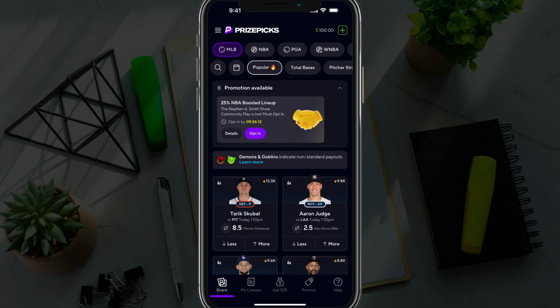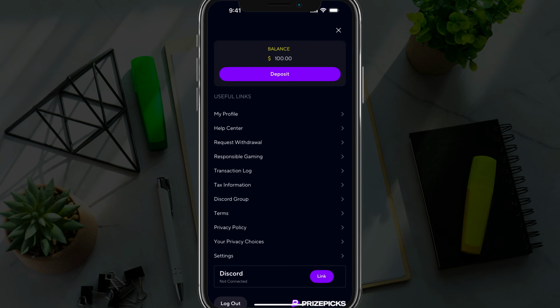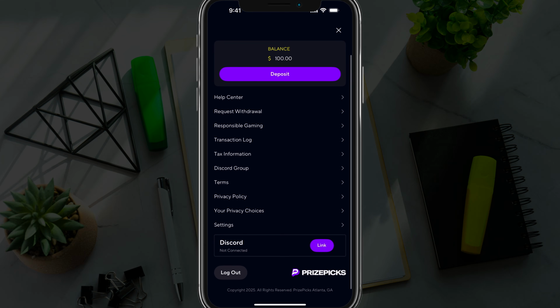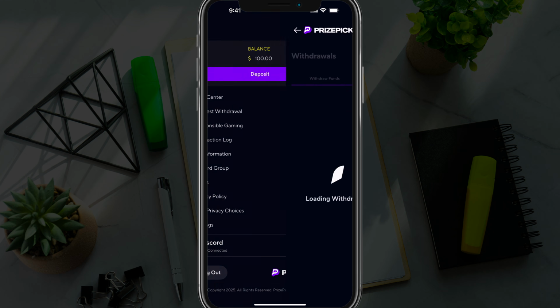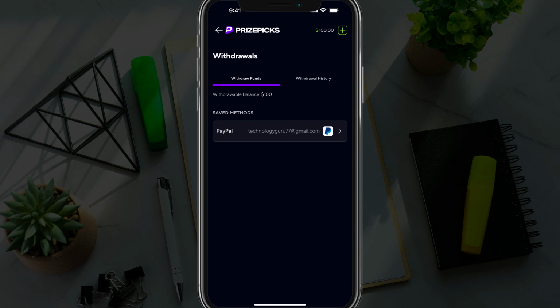of $10 or more. So go ahead and tap the little lines in the upper left-hand corner next to the PrizePicks logo. You'll see all of the settings here. We want to scroll down to where you see Request Withdrawal. It'll be about midway down. And then once we tap on Request Withdrawal, it'll allow you to withdraw funds as well as see your withdrawal